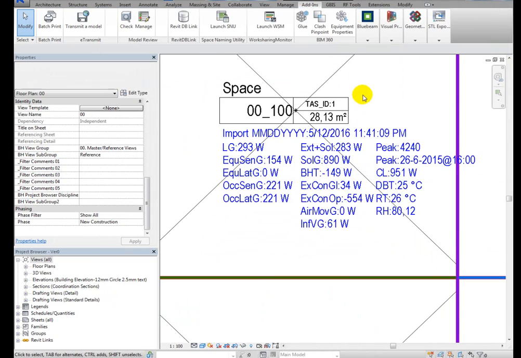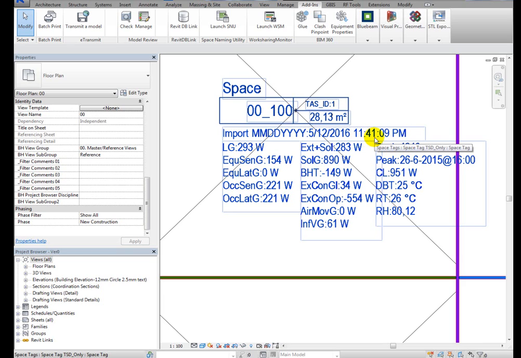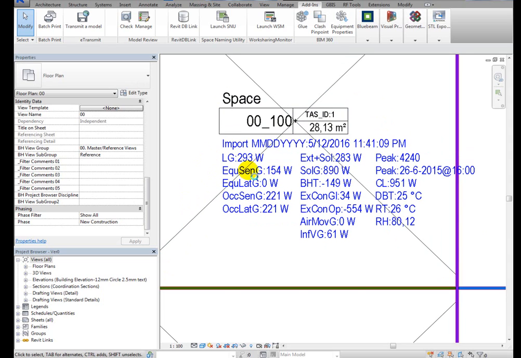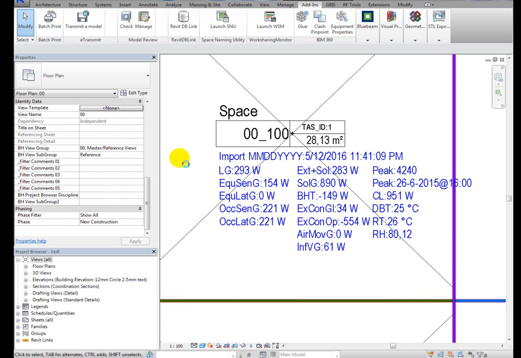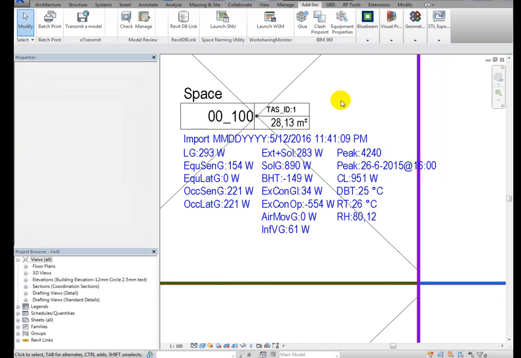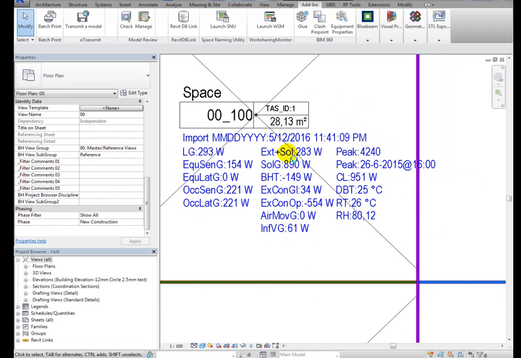Okay, perfect. So now we can see in Revit we imported on the 12th of May at 11:41 p.m. Yeah, it's very late here. And our lighting load is 293 watts, plus small power and occupancy. All this data should come from the NCM standard data. However, if you want, we could define the internal conditions and control this. Those are the external plus solar data, which is solar, building heat transfer, external conduction glazing, external conduction opaque, air movement gain, and